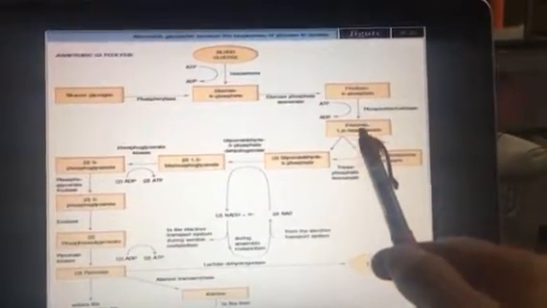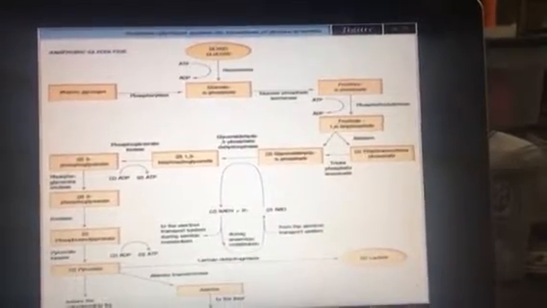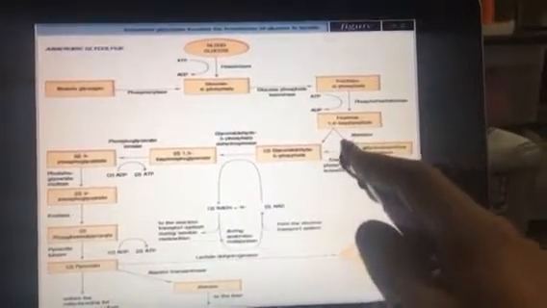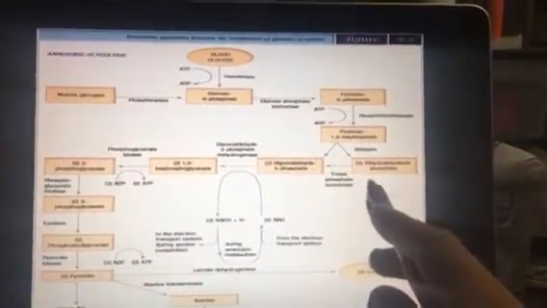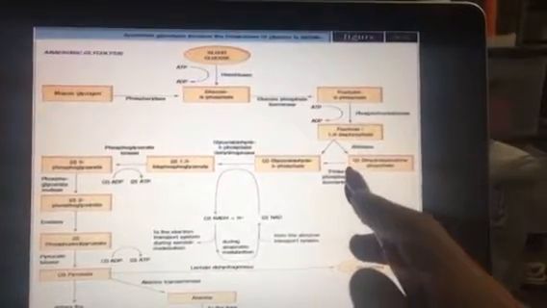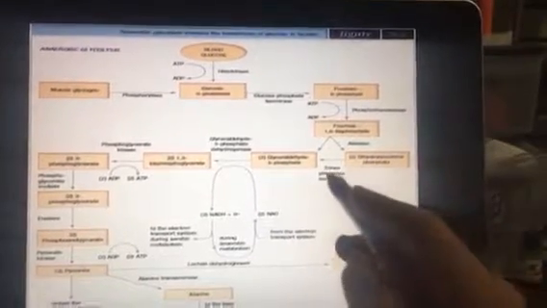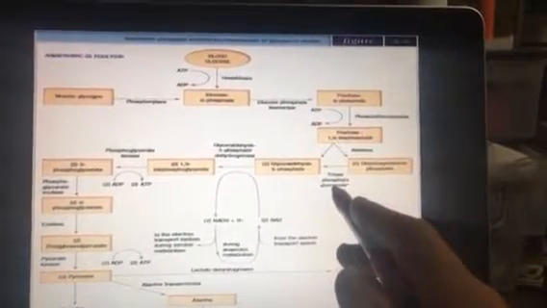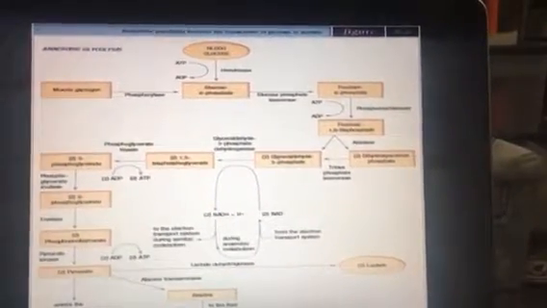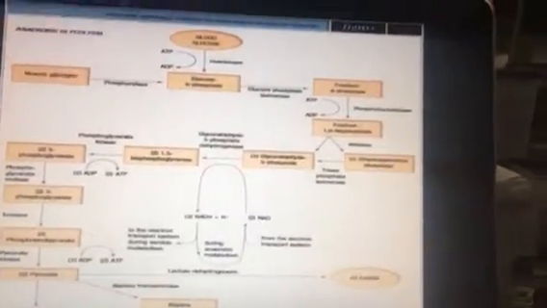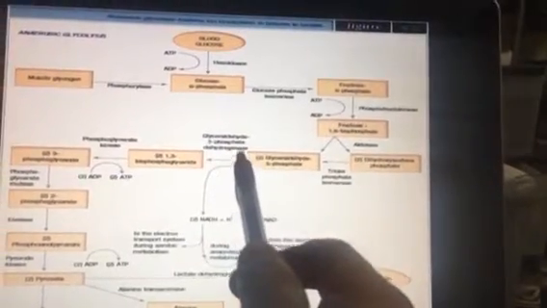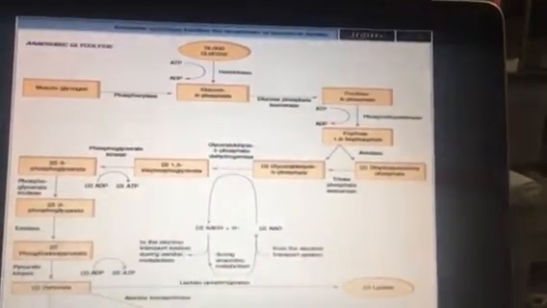Phosphofructokinase produces fructose 1,6-bisphosphate. And then aldolase, the enzyme right here, catalyzes it into dihydroxyacetone phosphate, and it has two of them. Then triose phosphate isomerase catalyzes it to 2 glyceraldehyde 3-phosphate. And then glyceraldehyde 3-phosphate dehydrogenase, that's an enzyme, catalyzes it to